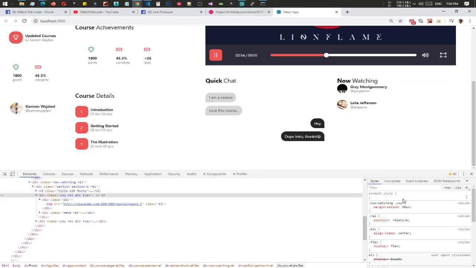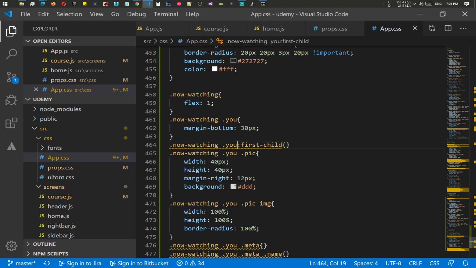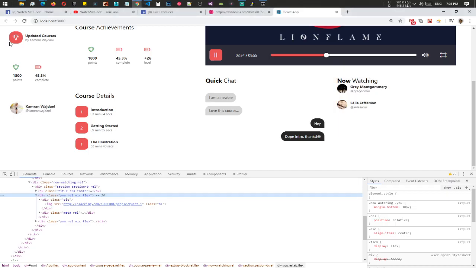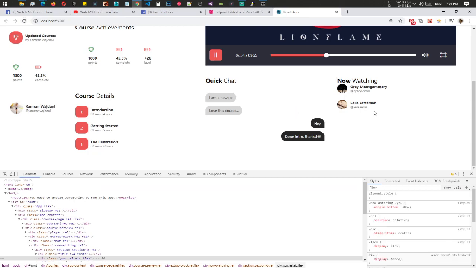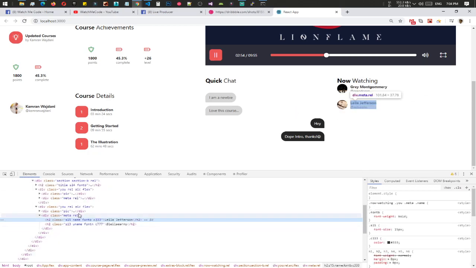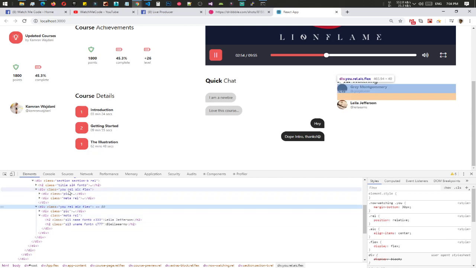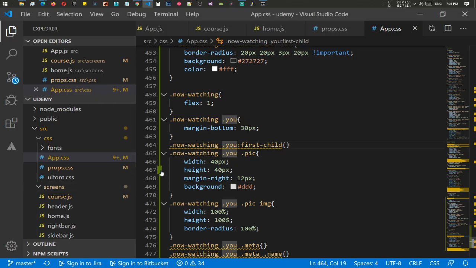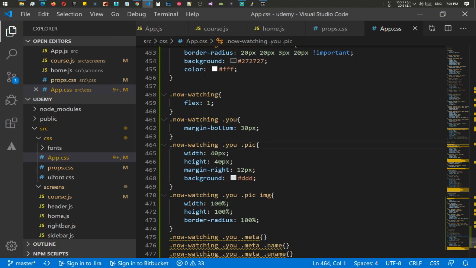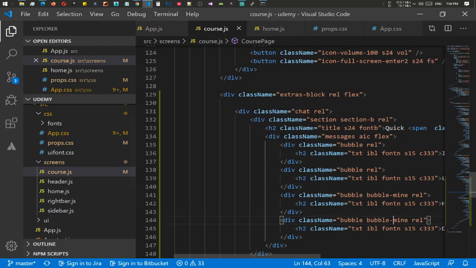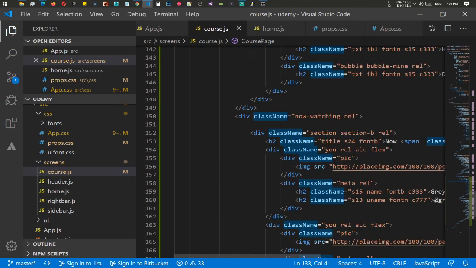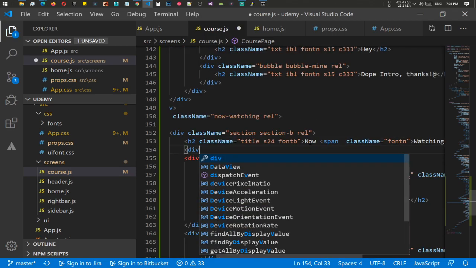And for first child, let's quickly inspect and select the first U. And if we have first child, well, leave it for now and go back to course,